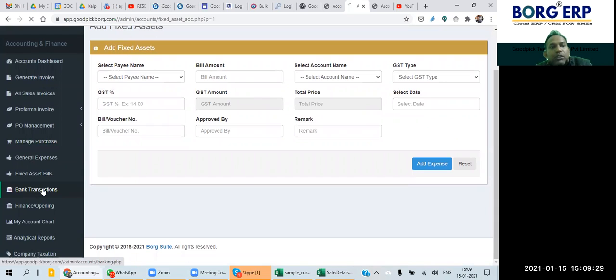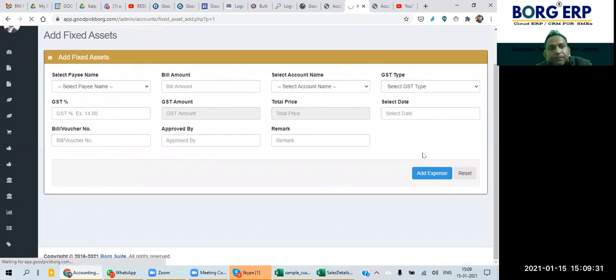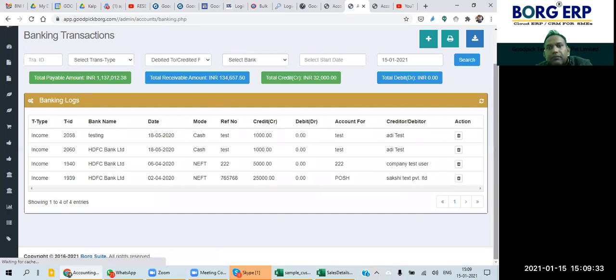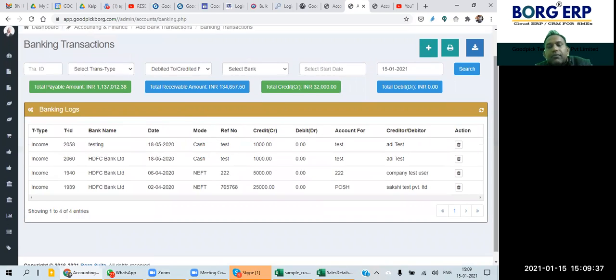Now this is the most important thing: bank transaction. I explained the detail in the beginning. Bank transaction means all receipts, all payments being received in your bank, hitting your bank.